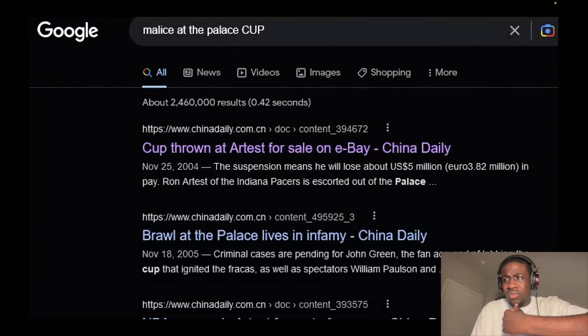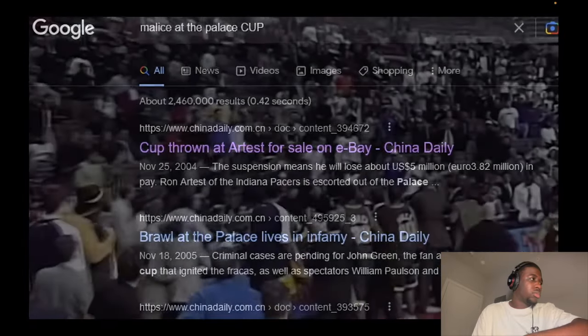And then the fact that Ron Artest attacked the wrong person. He didn't even attack the right person who threw the cup. Ain't nobody care where that cup went. Of course, I did a quick Google search and came across an old article from 2004, the year in which